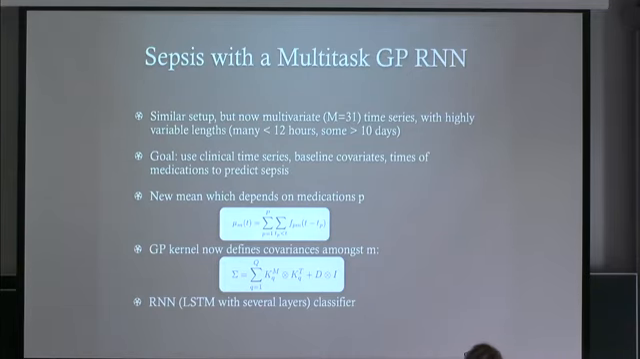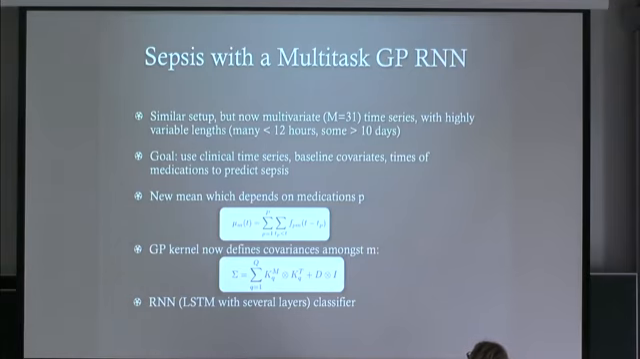All right, so what are some of the things that we did in order to adapt this to our problem? We had a similar setup, but now we have multivariate time series. Again, many different lab values, many different vitals. And we want to be able to use these clinical time series, the baseline covariates, and what we know about when different medications were administered to different people in order to predict whether or not the person is likely to